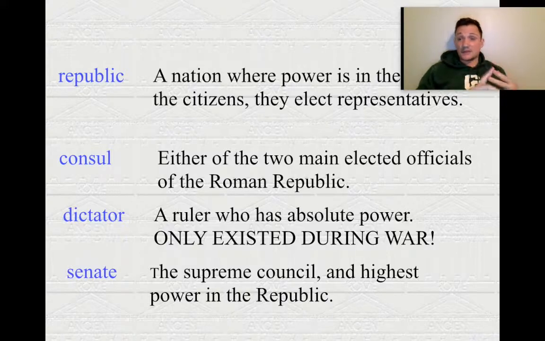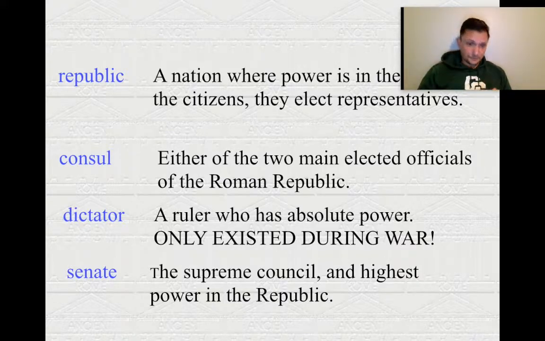The second kind of person is a dictator. A dictator is a ruler that is only brought in during a time of war. They're used to centralize the chain of command, because during a time of war, do we want to be arguing and bickering over where we should go and who we should send? No, you want to centralize that chain of command. That's what the dictator is there for. There have been a lot of famous dictators throughout history, but the most famous Roman dictator, of course, was Julius Caesar, right?